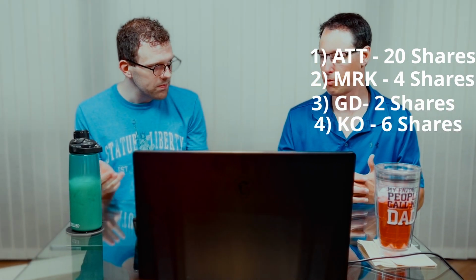Back to it. So, moving forward, we're going to be focusing on a specific industry once per month. The reason why we're starting to focus on specific industries is because we actually have some diversification. Exactly. We actually have some stocks. We've got AT&T, that's kind of a telecom stock. We've got Merck, which is pharmaceuticals. We've got General Dynamics, defense contractor, and Coca-Cola, that's consumer beverages. Yeah, food. So now we can start slowly picking our way into specific markets,